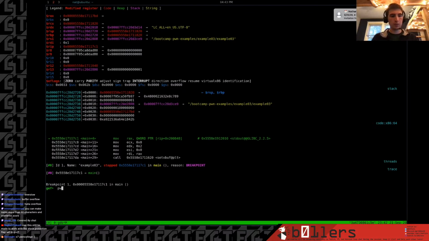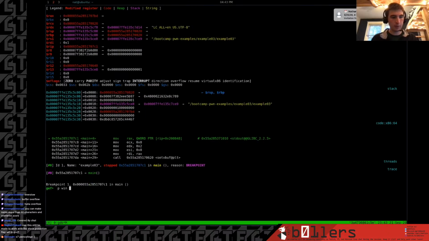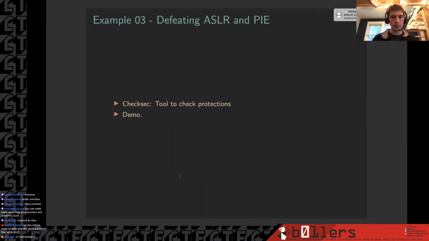So we want to jump to win, but how can we do that if we don't know its address? Run, and then we can print win, run, print win. See, it's a different address each time, but as we mentioned, the last 12 bits are the same. So what this sometimes means is we'll actually go to